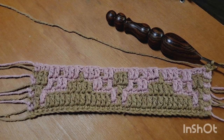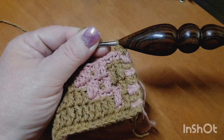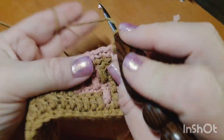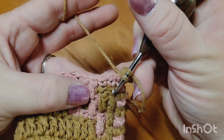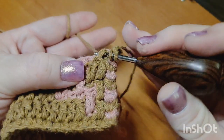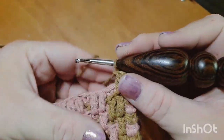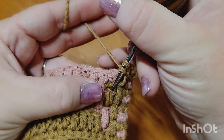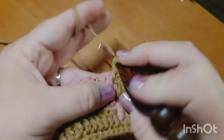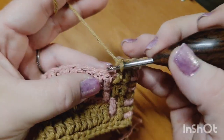Row number 9 begins now, and we are working in color A. Row number 9's repeat begins with 2 double crochets, 1, 2, 6 single crochets,